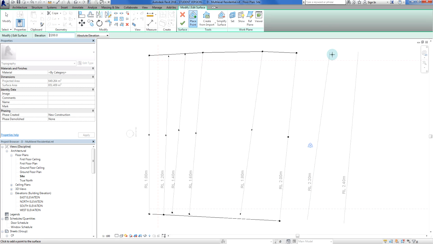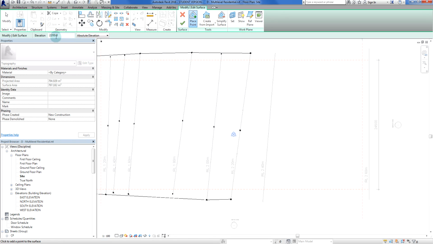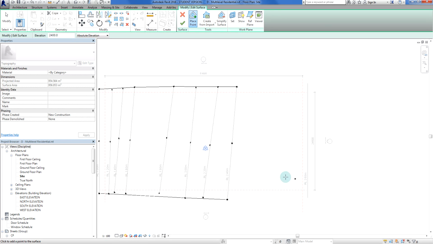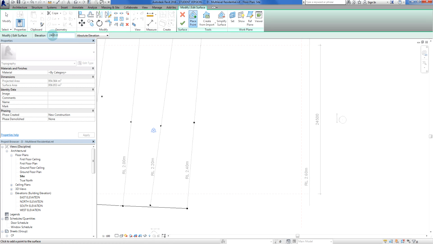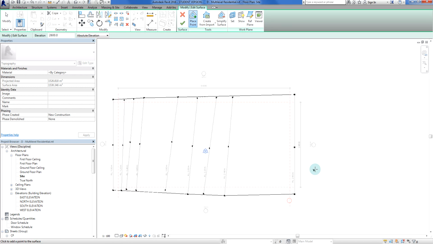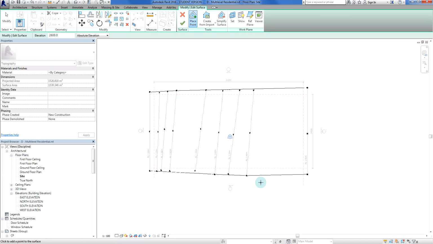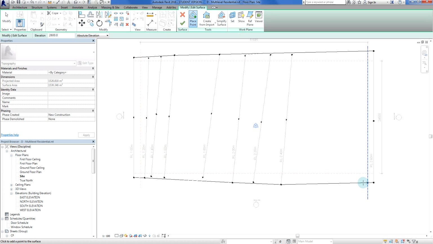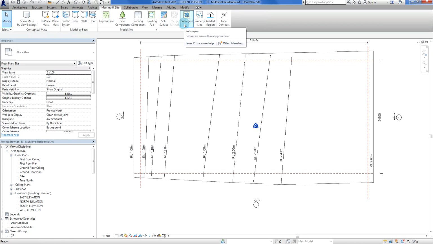2.2 meters. This is the sharp point of the slope. Now we're at 2.4 meters. It's a pretty easy process. Then we've got one all the way over here, 2.6, which indicates that this section here has a much more gentle slope, so there's only 200 millimeters from there to there. I've mapped up all of those points. All I need to do now is click the check mark to finish the job,